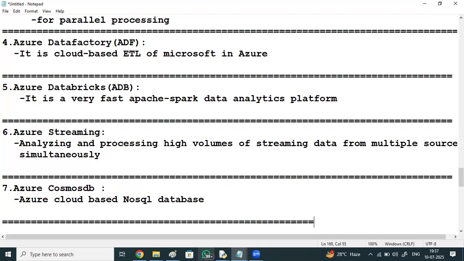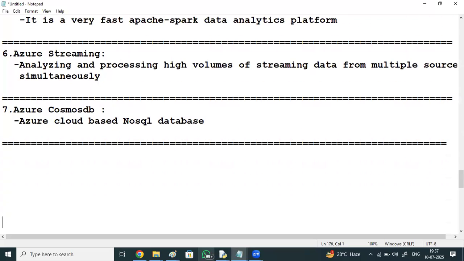NoSQL means schema-less behavior. Record to record, a different number of fields can be maintained. In normal SQL databases, from the first record to the last record, the same number of fields must be maintained. But in NoSQL, record to record, any number of fields we can maintain.